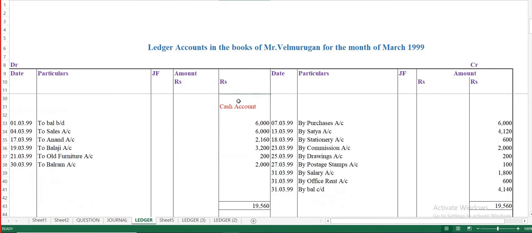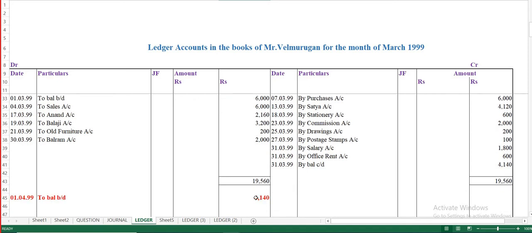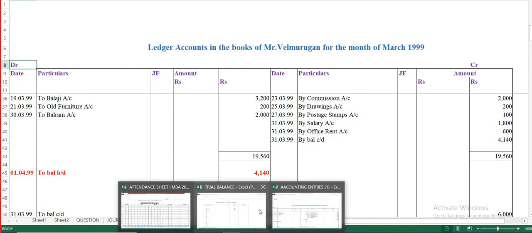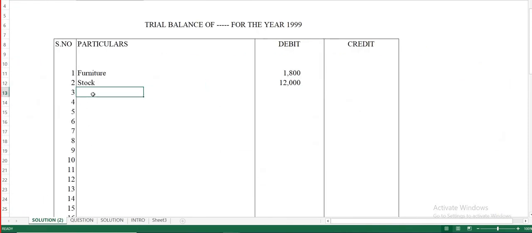Next, moving to the cash account. The third account which we prepared in the last session is the cash account. Again, if you see, it has a balance on the debit side, a debit balance of 4140. All the assets will come under the debit column only. Most probably when you prepare ledger accounts, you will have a debit balance. So 4140 under the debit side. In the debit column we have to enter the cash account as cash. You can just give it as cash. You don't need to mention furniture account and all that here. So cash 4140, give it on the debit column.